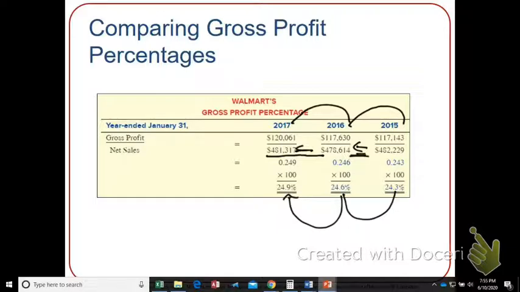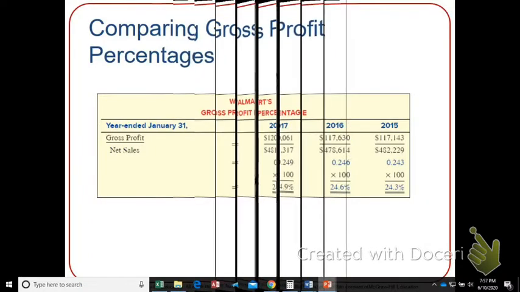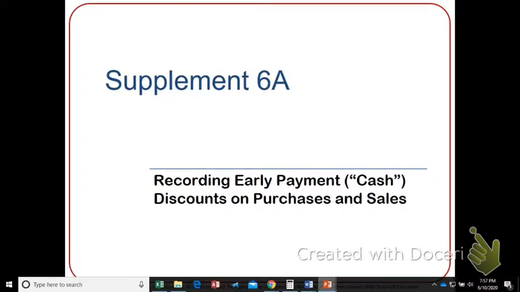And typically when sales go up, cost of goods sold goes up. And the way you're going to affect gross profit is when you can get sales to go up more than your cost of goods sold. And that's a tricky thing to do sometimes. Okay, so that